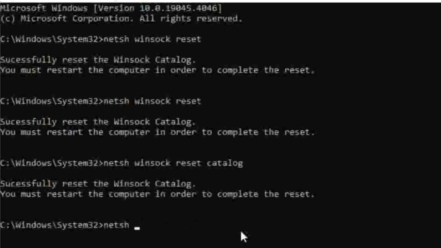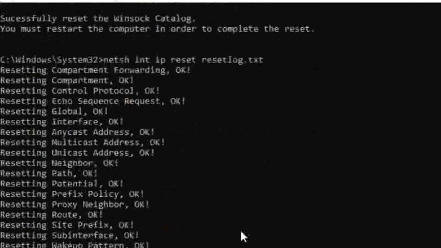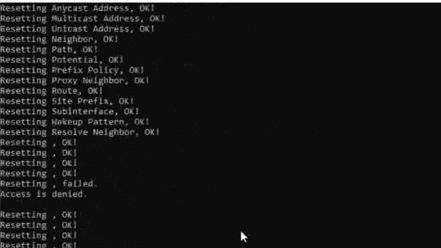Okay, and this, and IP reset. Okay, reset log.txt. Enter. Okay, and for clearing, ipconfig